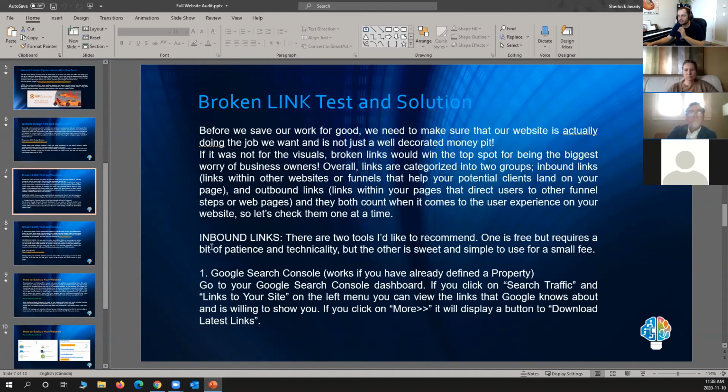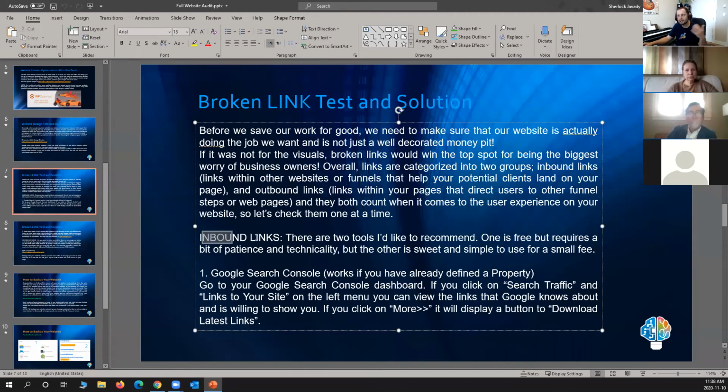Now, inbound links, that's basically checking your SEO. Other websites that are sending traffic to you, right? We talked about this on your SEO. Do you remember that? Please say yes if you do. Okay, good. So that means we can only use SEO tools to check our inbound links. There are two ways, the more accurate but hard way. Honestly, if inbound links are broken, they don't really matter, because those people who are maintaining those websites will find it and fix it. You don't have to worry about it.